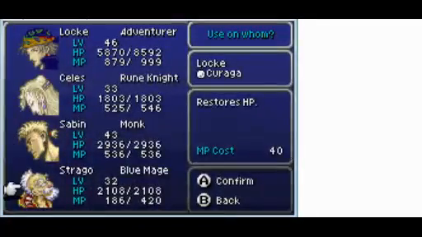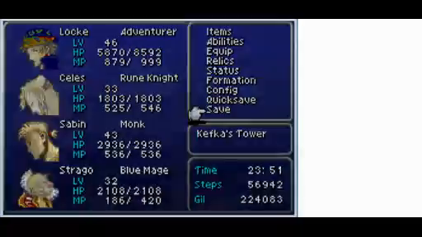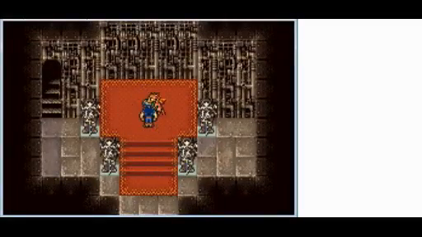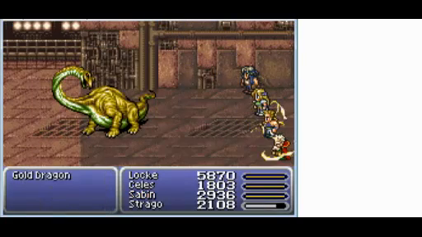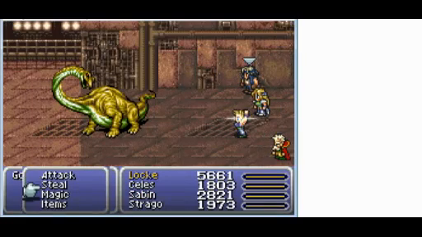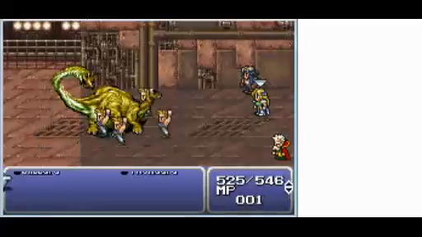And here's the first of the dragons. Or rather, I should say the 7th of the dragons. Alright, let's go back to Mog real quick so we can get our save point reactivated. And let's murder us a dragon. And this is the gold dragon, which is the lightning-themed dragon. It's weak to water, and...